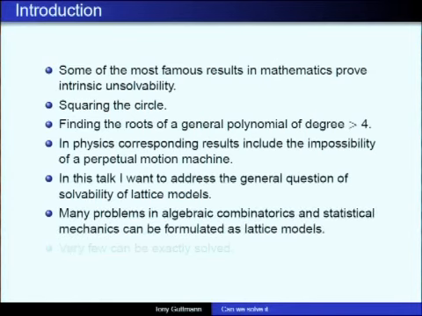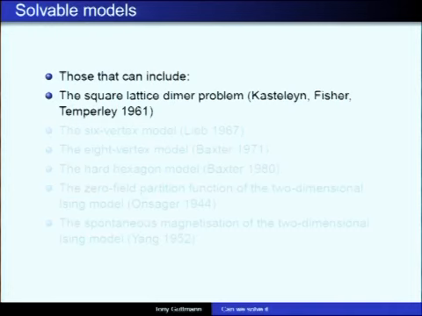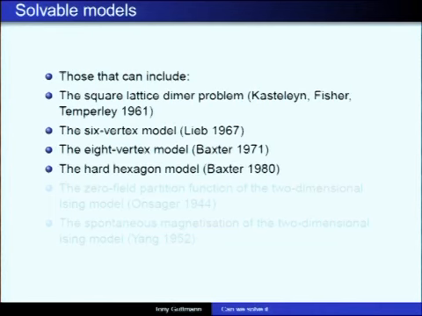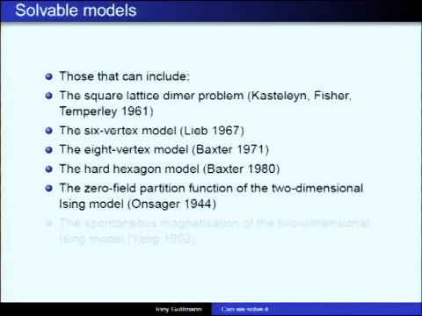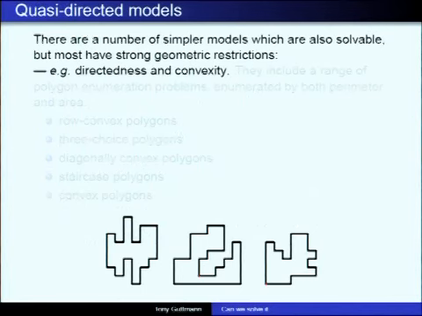and many problems in combinatorics and statistical mechanics, as you know, can be formulated as lattice models, and very few can be exactly solved. Those that can include the square lattice dimer problem by Kasteleyn, Fisher and Temperley, Lieb's 6-vertex model, Baxter's 8-vertex model, Baxter's hard hexagon model, possibly the most famous one of all, the zero-field partition function of the 2-dimensional Ising model by Onsager, which really started the game, and subsequently the spontaneous magnetization of the 2-dimensional Ising model by Yang in '52. There are a number of simpler models which are also solvable, but